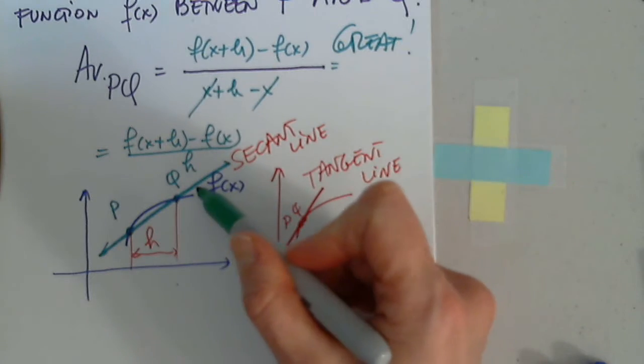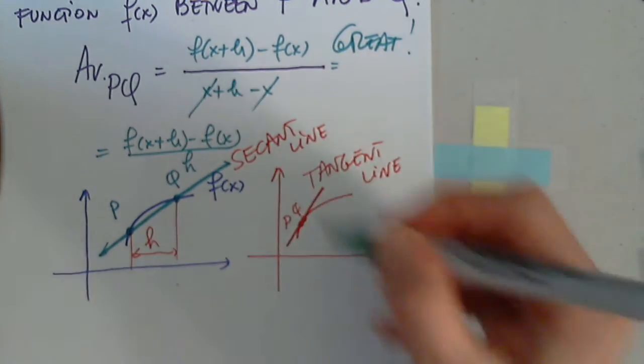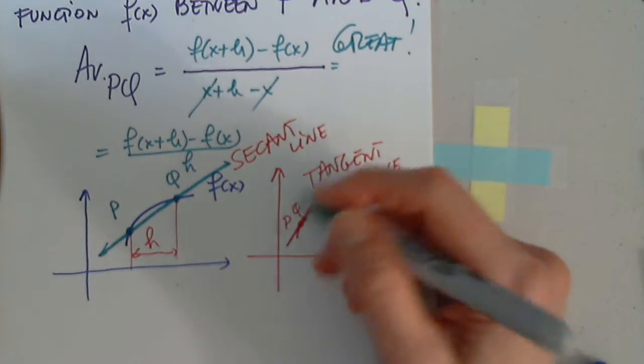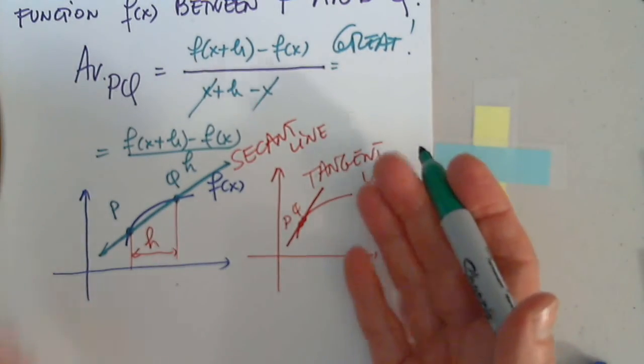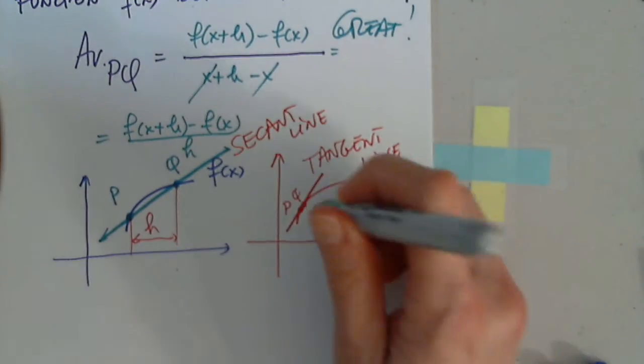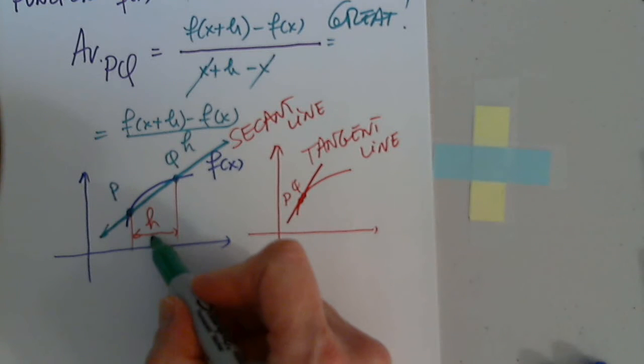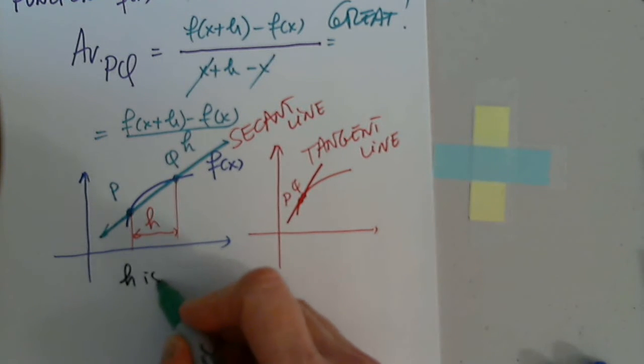And the average rate of change here is the slope of this line. They're the same, but the difference in explanation is that since h is small,